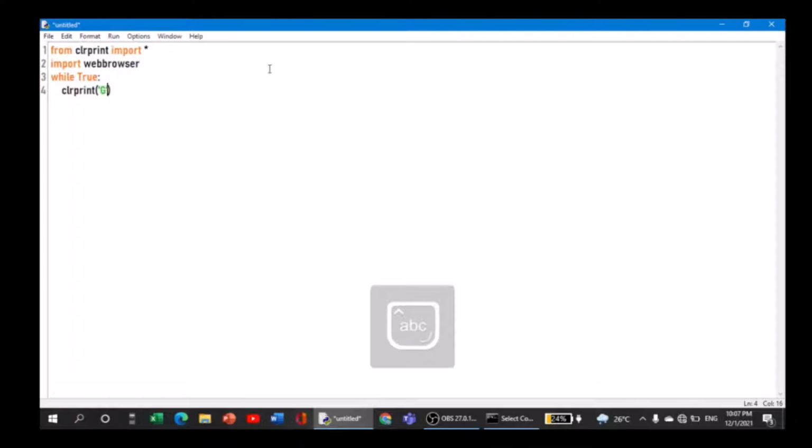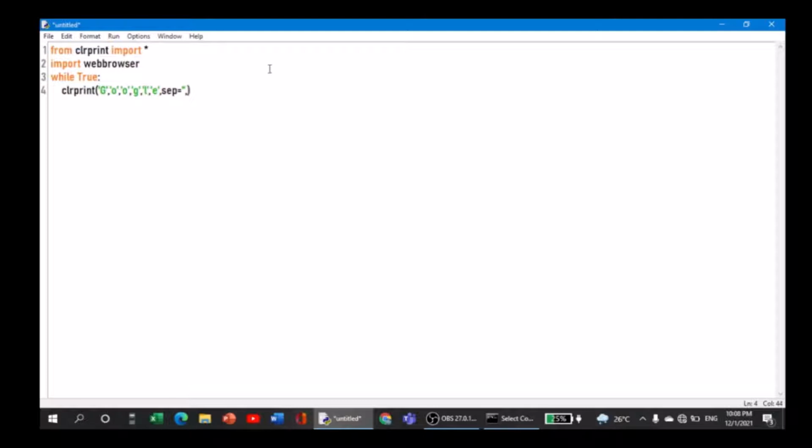So let me give G comma O comma again O comma again G, then L, and then E. And after this I'm going to give a separator function, and the separator value is going to be nothing because Google is one word, right?